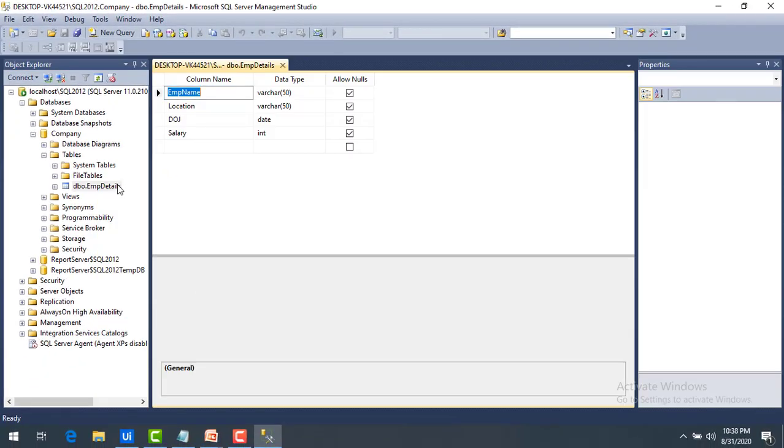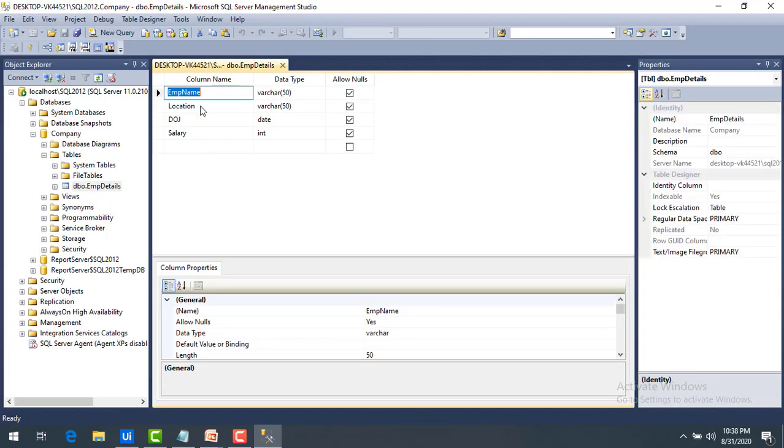If you see the table design, I have employee name with the data type varchar50, location varchar50, date of joining, I have given data type as date, and the salary is int. Okay, this is the table which I'm going to use as part of this session to work with the database